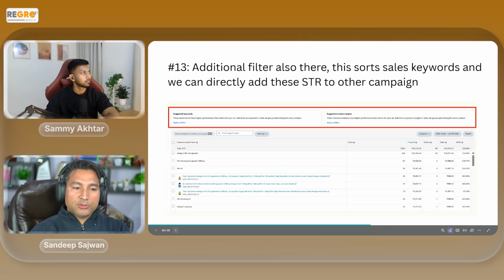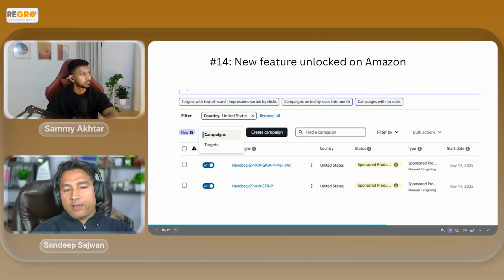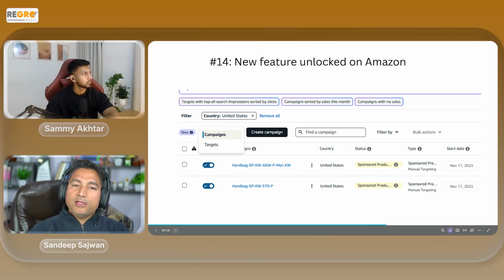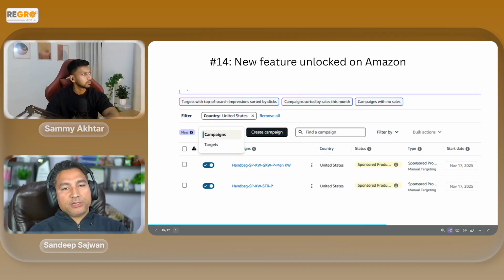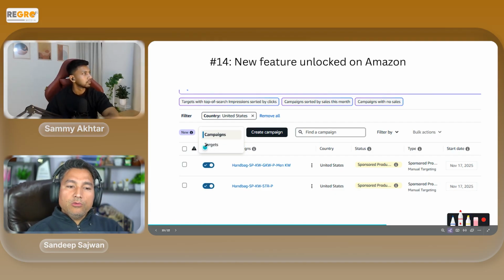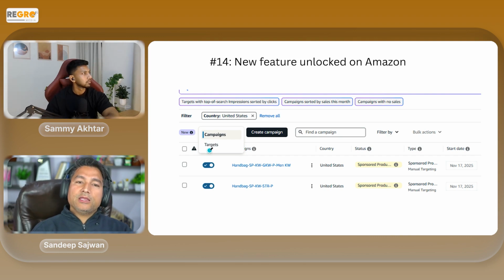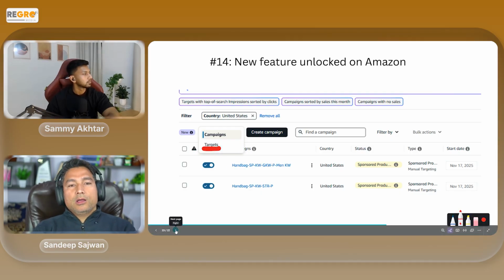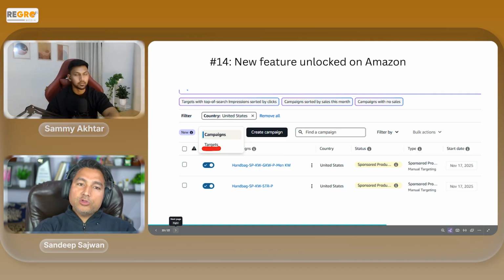So this is useful. Another update that Amazon has brought in is on Campaign Manager homepage. We earlier used to look at data from a campaign perspective. Now Amazon has given us this option where we can drop down from campaign. We can have a targets option as well. So there, whatever targets I have in terms of keywords or in terms of products, I will be able to look at performance and then also know which particular campaign that particular target is in, and do the optimization from